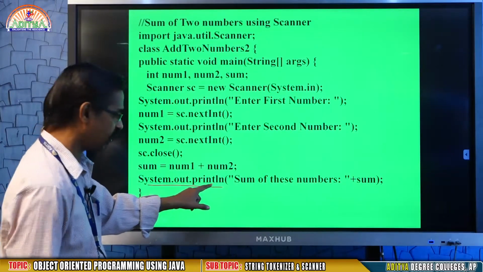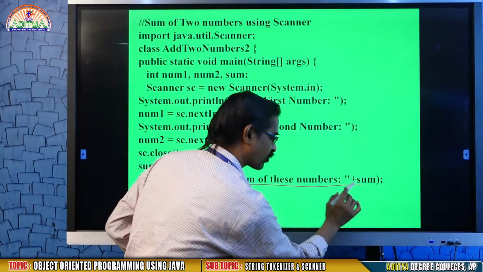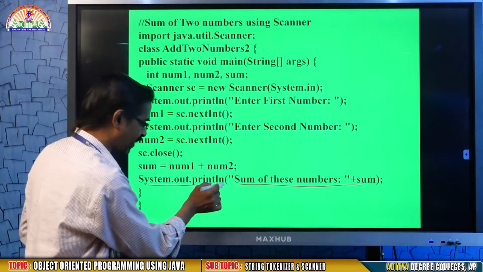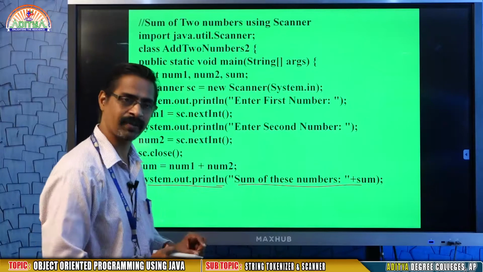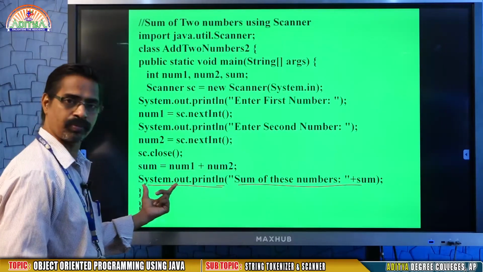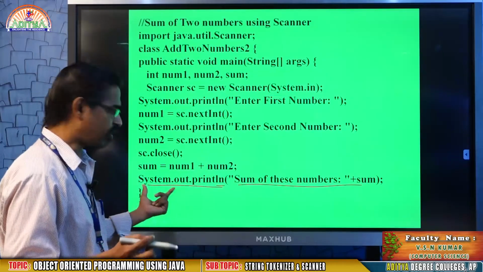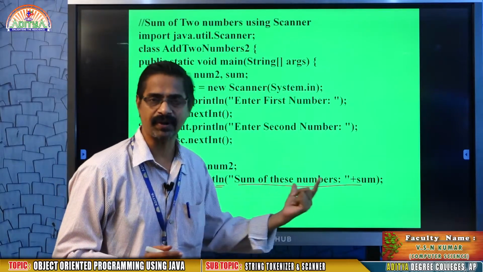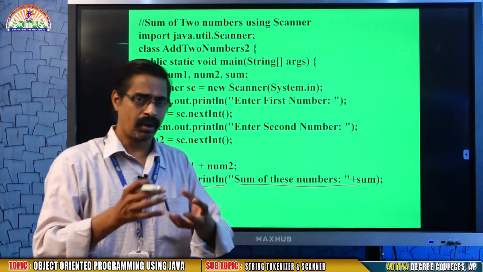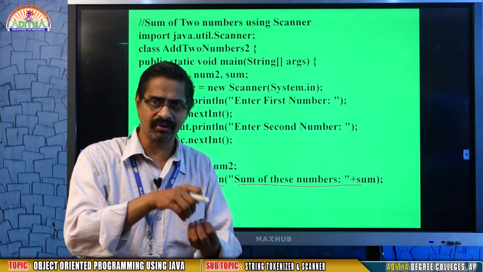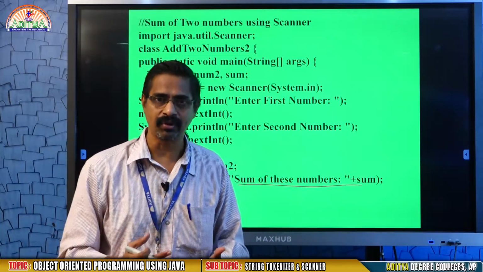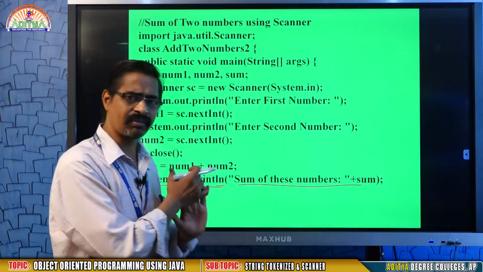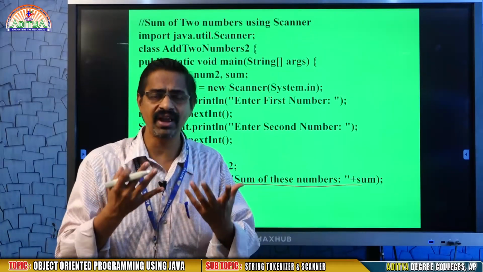println is a method, it will print your line, and after that it will come to the next line, because ln means print line. It will print a line at a time, and then come to the next line. This is called the output class, it will show you the answer on the screen. So, using the scanner and system, we try some programs, so that the programs I am giving in the next section will be easy.